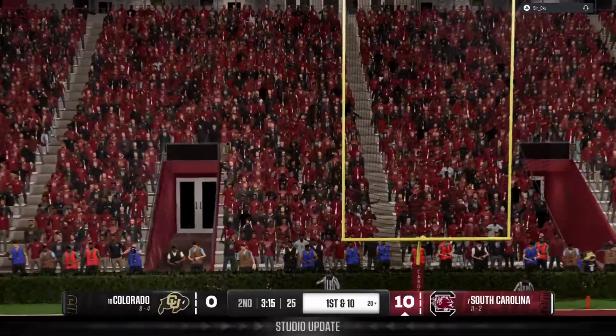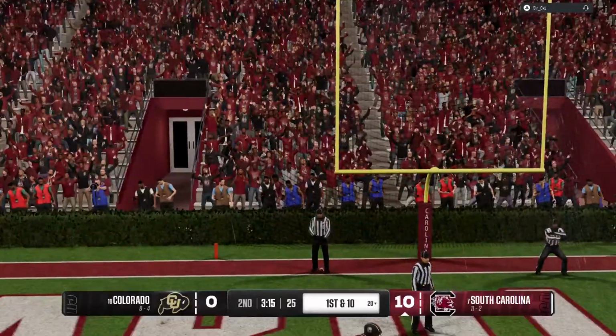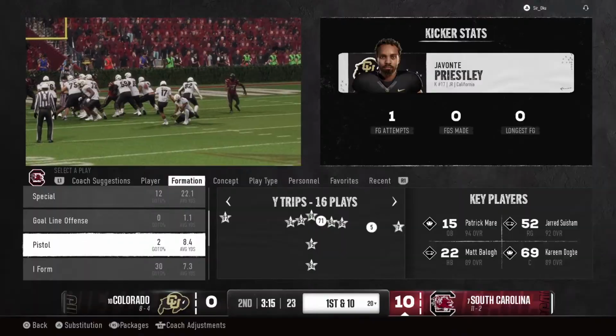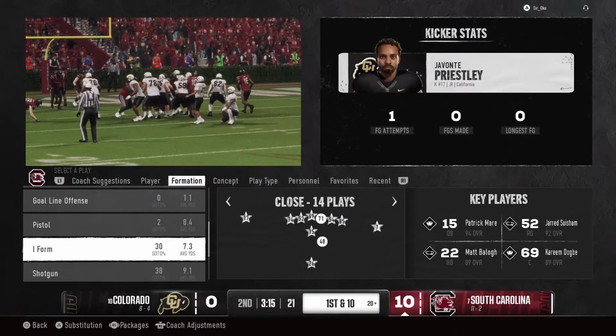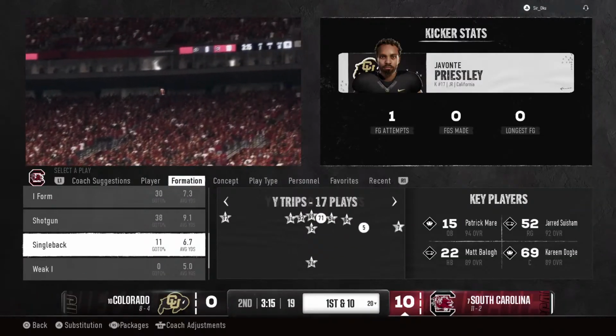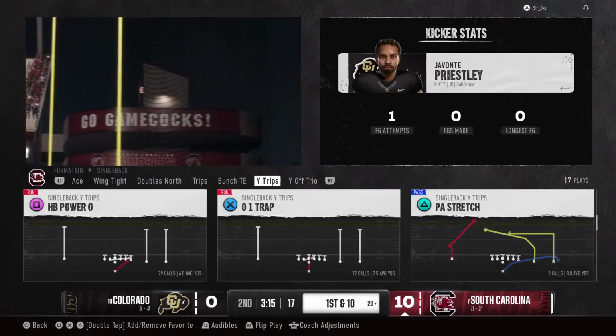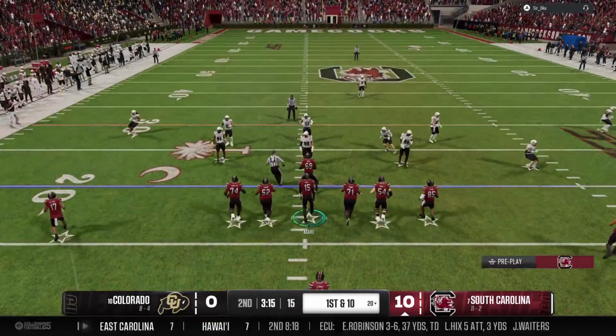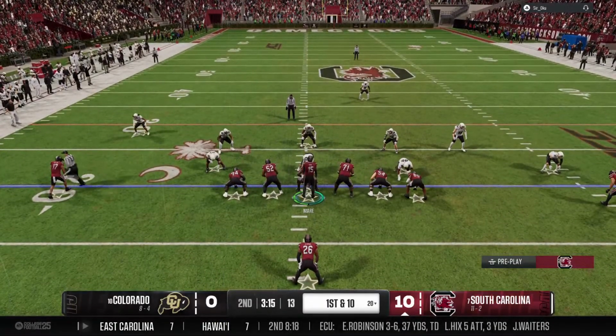He missed it. After the miss, they're still down by 10. Now that's going to go down as an empty possession for this offense. No points as he's off target. Now you can see he's hanging his head. Poor kicker. And the Gamecocks offense is back out there on the field.